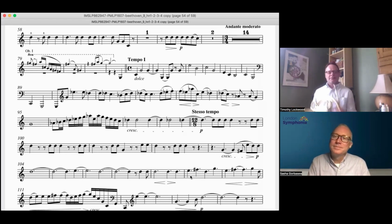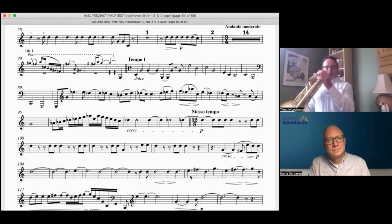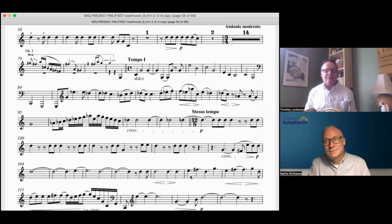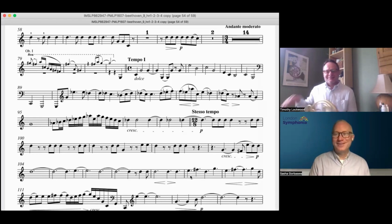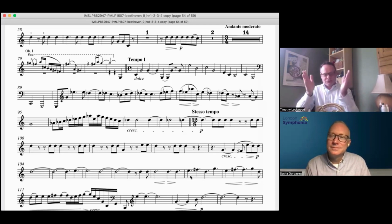He comes out of this melody at the top, orchestra style. And then the orchestra comes back in, and you just keep on going. And actually, this section is a beautiful moment for the fourth horn, but it doesn't